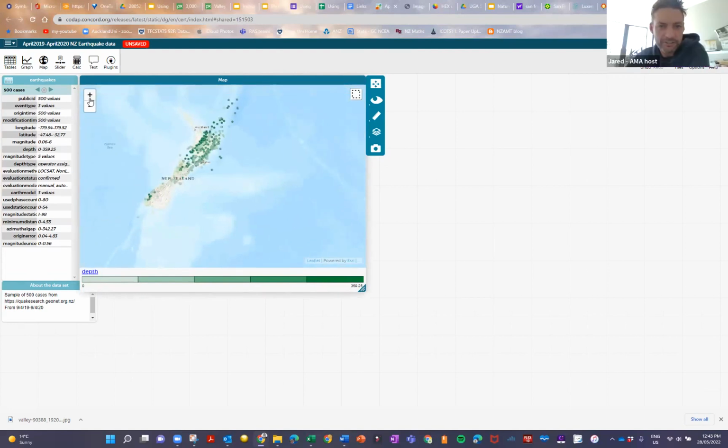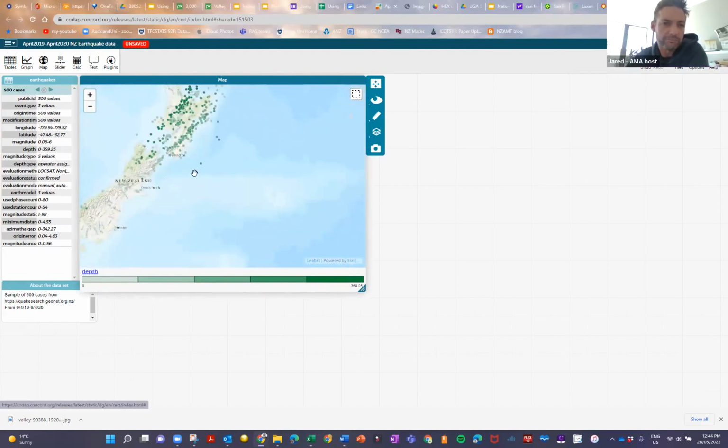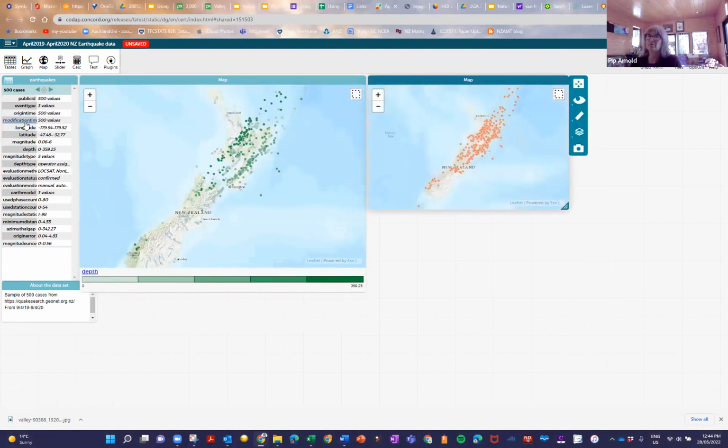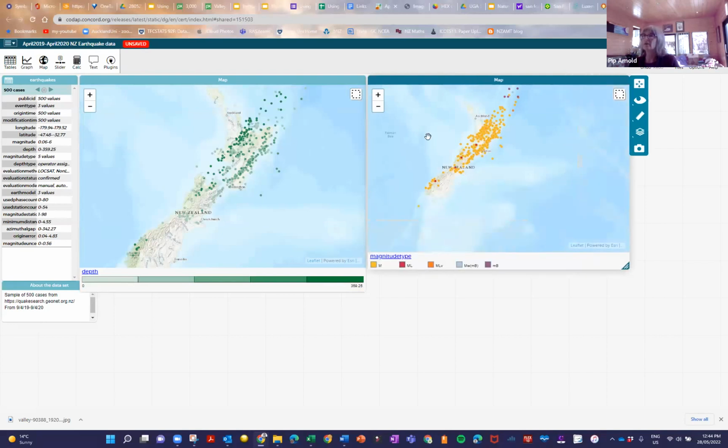This one I chose too, it's quite interesting. Yeah, so you can have a bit of a play. So you can make multiple maps and put multiple variables on there. All right, so if you want to have a little play with that, and I'll just get the data we've got downloaded and you can then have a play with it. So if you're still out there and can submit,